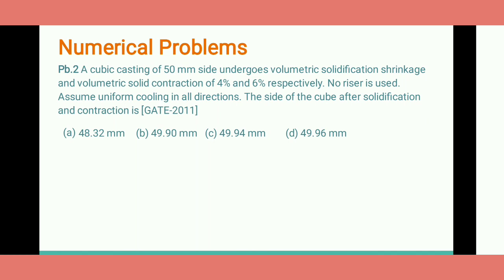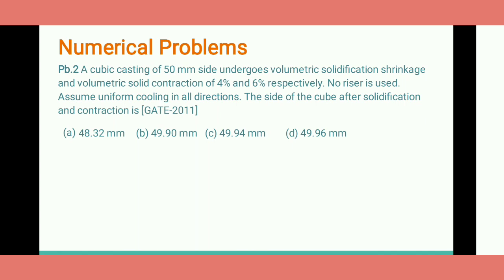Now we are casting a cube here, okay, and the side of that cube is 50 mm, okay. Now whatever we have discussed previously, that rate of contraction in a particular dimension is 0.125 inches per feet. But here it is given that the volumetric, means the volume is changing, okay. So the volume is changing. Volumetric solidification shrinkage is 4% and volumetric solid contraction is 6%, okay, and there is no